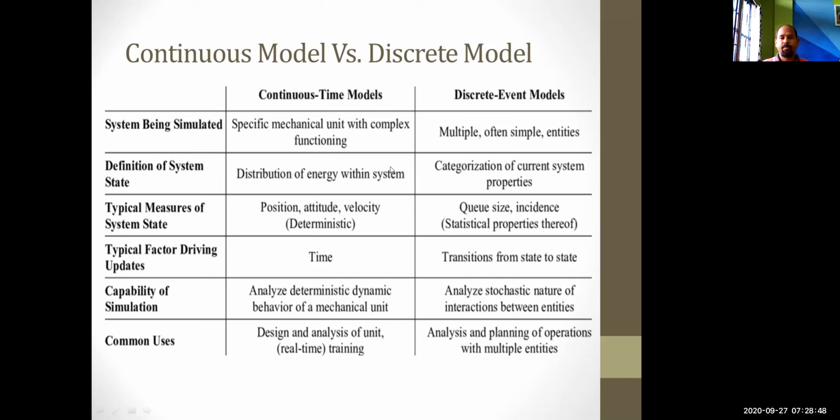And in discrete event modeling, you can see here queue size, incidence. So these are not very easily calculated. Queue size, what will be the queue size? It's very uncertain. What will be the queue size of the waiting queue? It's very uncertain. There may be thousands, lakhs of people waiting in the queue. Incidence, that is also unpredictable.